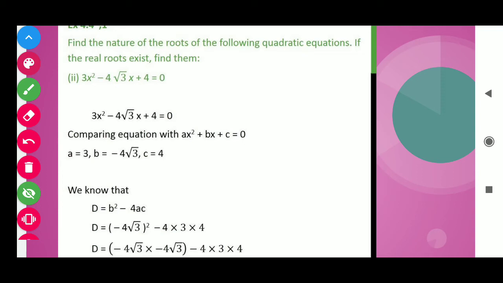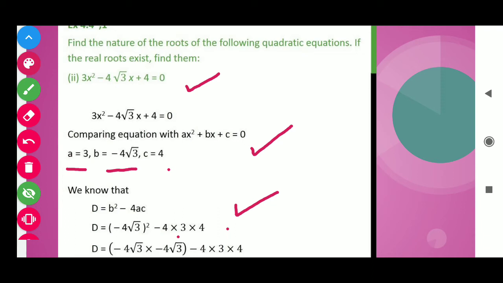3x squared minus 4 under root 3x plus 4 is equals to 0. On comparing with this standard form, we get a is 3, b is minus 4 root 3 and c is 4. And we know that discriminant is b square minus 4ac. By putting the value of b, a and c here, square of b, 4 under root 3, we get 16